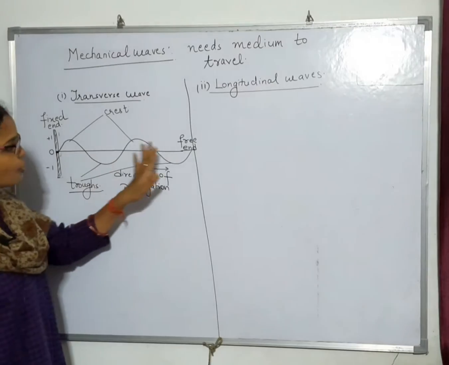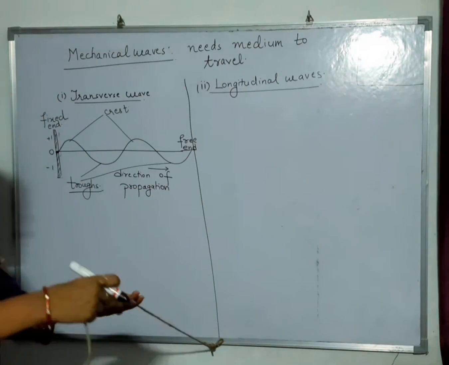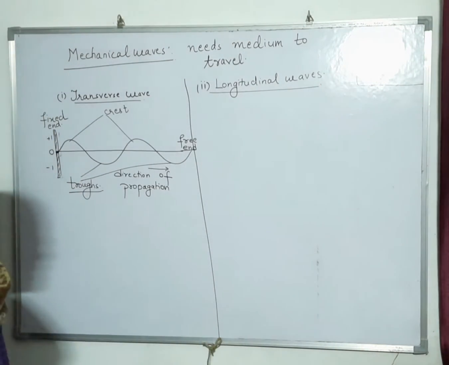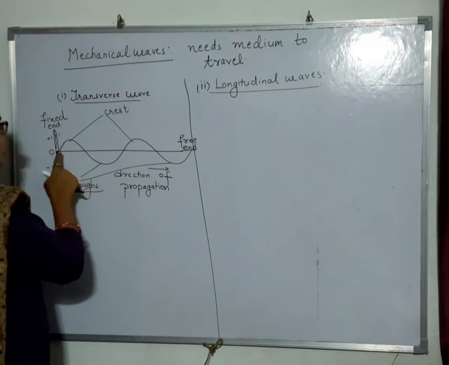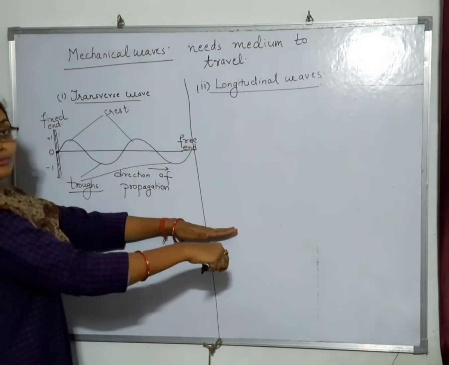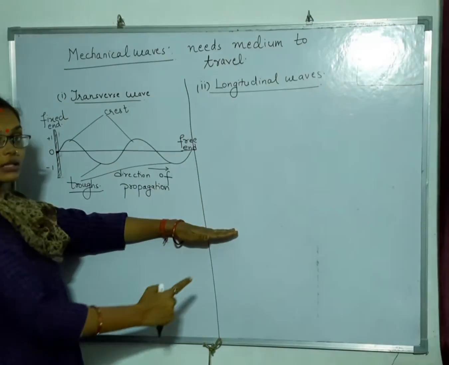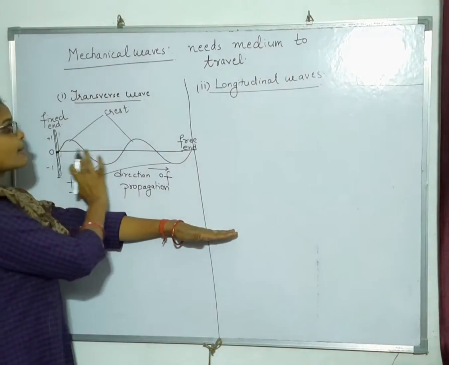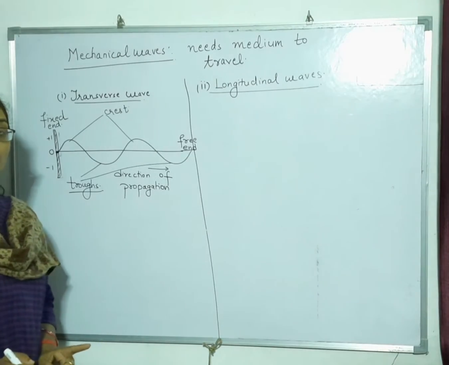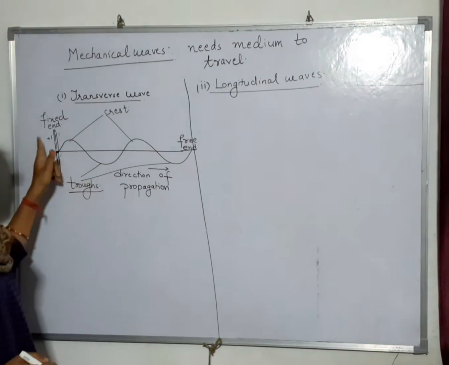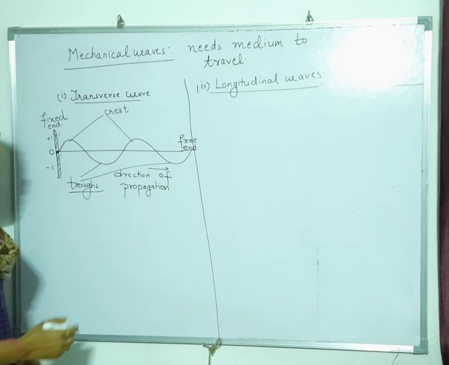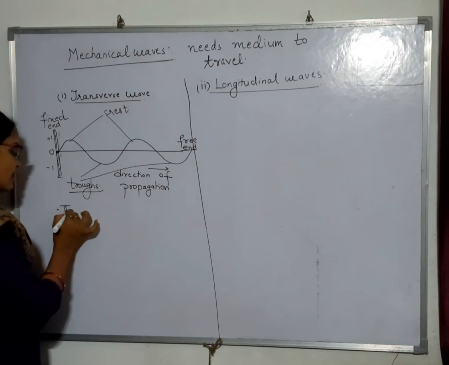Now, if you observe this diagram carefully and see the rope in my hand, this is the direction of propagation. But when I jerk it, the waves formed are perpendicular. When I jerk the rope from the free end, it follows this type of path. It means it is moving perpendicular to the direction of propagation. So, such types of mechanical waves which travel perpendicular to the direction of propagation are known as